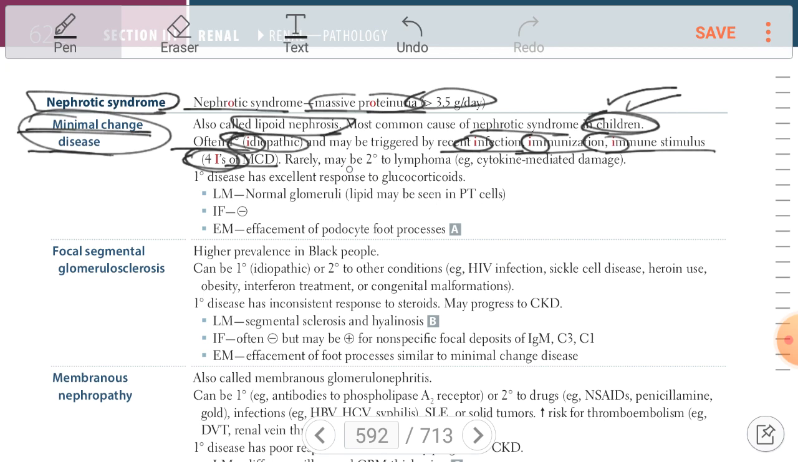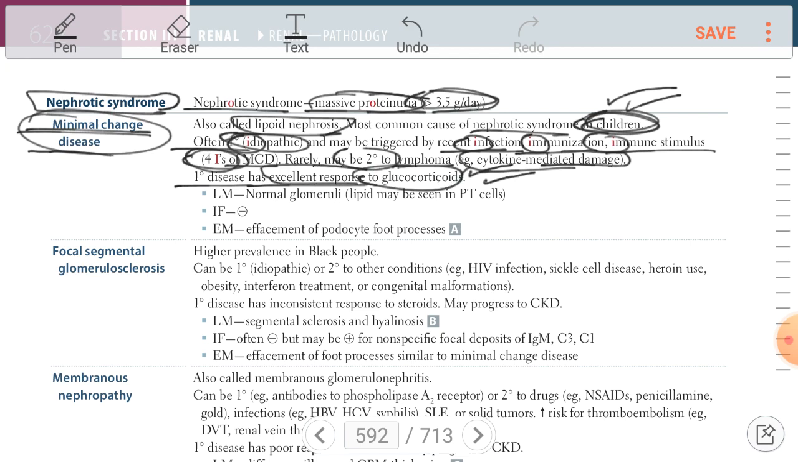So it's really maybe secondary to what? Lymphoma, cytokine mediated damage to what? To the podocyte, leading to nephrotic syndrome, leading to heavy proteinuria, more than 3.5 grams per day. Then primary disease has excellent response to what? To glucocorticoid. So this is so important. So in children, nephrotic syndrome with heavy proteinuria, more than 3.5 grams per day, and there is excellent